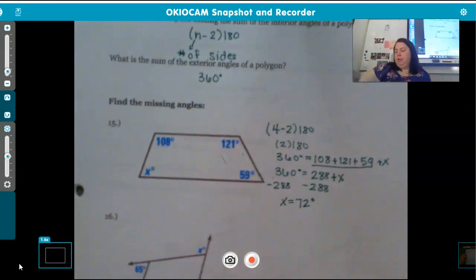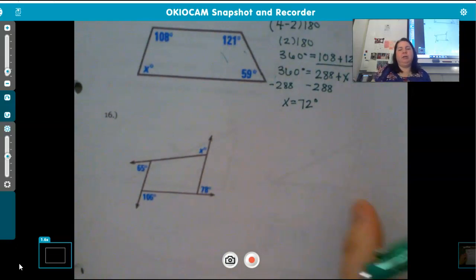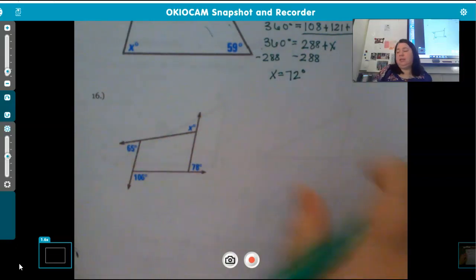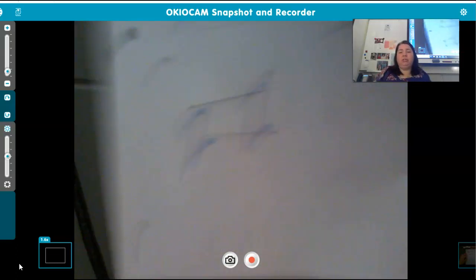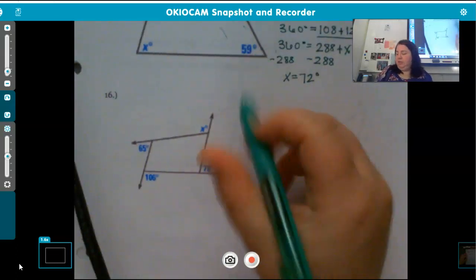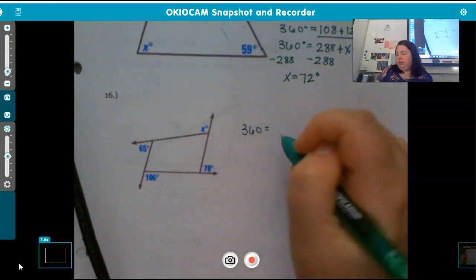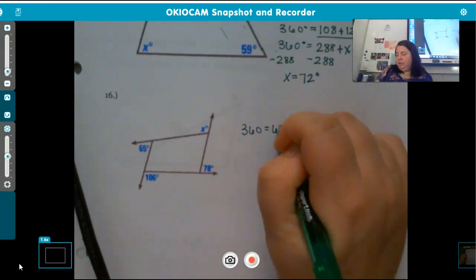All right. Number 16, interior or exterior angles. Exterior, so they all add up to what? 360. Because we said up here that the exterior angles all add up to 360. So this one's even easier because we have less calculating to do. So same thing, 360 equals